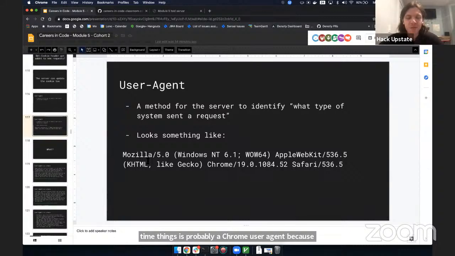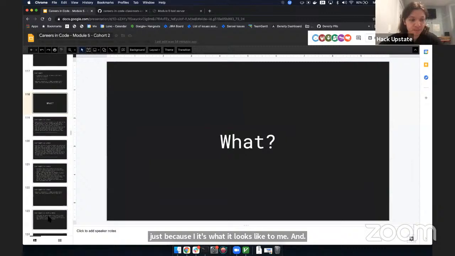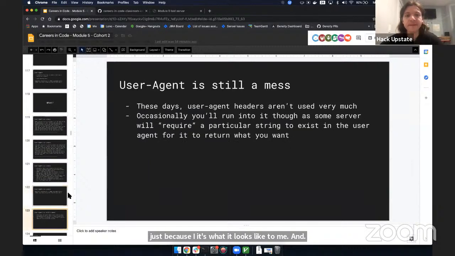And the point being, you should know these exist. These days, they're not really used very much for their original purpose, like feature detection or returning special HTML for specific browsers. But occasionally you run into systems that require a special user agent header or will maybe block specific headers. So they won't want you to make a request with an old version of Internet Explorer, or more practically,